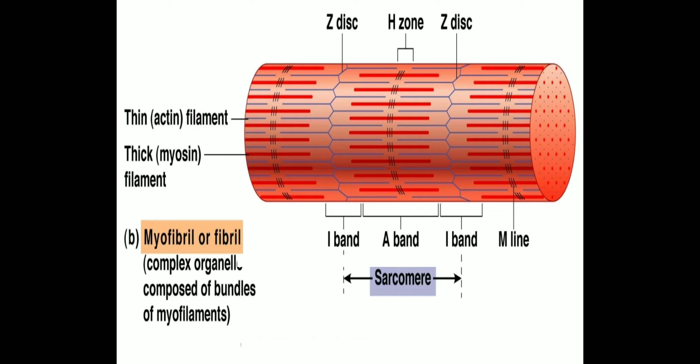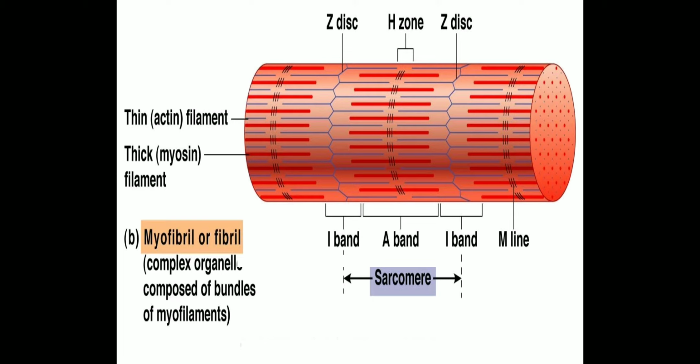Myosin is absent. Now why? You will find myosin is thick and dark colored, whereas actin filaments are thin and light colored. So in A band, you will find both myosin and actin, that is light color also and dark color also. Whereas in I bands, you will find only light color, that is only actin, no myosin. Now adjacent light bands are separated by Z line. Z stands for Zwischenscheibe line.